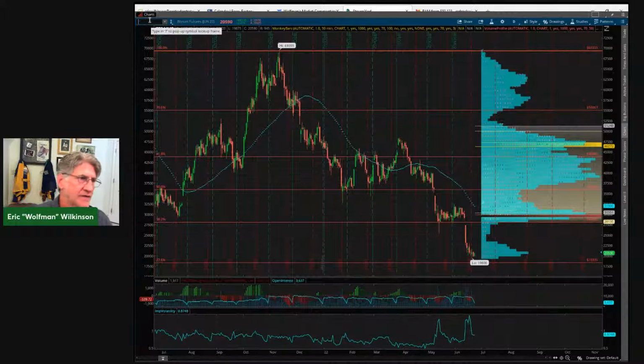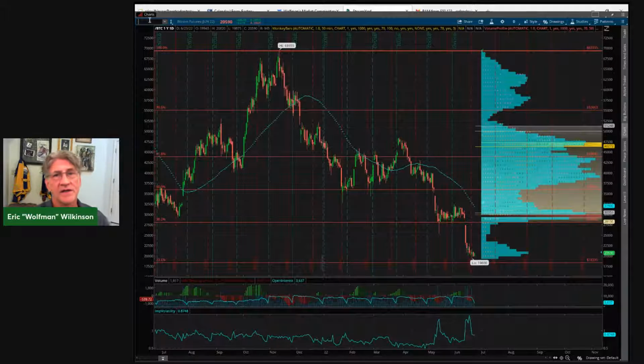But we're going to have to keep our eyes out for it. I'm not going to trade Bitcoin, but I know some people that are seriously considering getting into Bitcoin. They haven't been in it before, never really a believer, but they think that maybe this is the opportunity to layer in just a little bit of funny money that you don't care about throwing away.